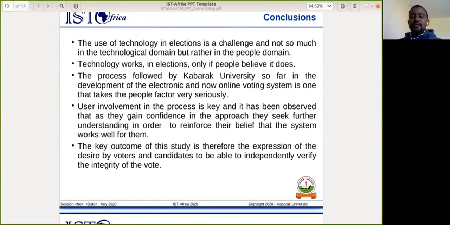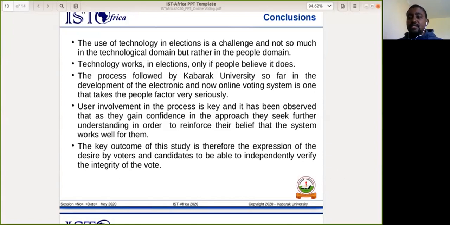And then the key outcome of this study, which is now our major thought and focus, is how can a voter and a candidate independently verify for themselves that their votes have been recorded and counted as cast. That is what we are now thinking. So the system has worked twice now, first in an offline mode, and then secondly in an online mode. And this is indeed an achievement because, in as much as we have a lot of work documented out there on universities using online voting and electronic voting,